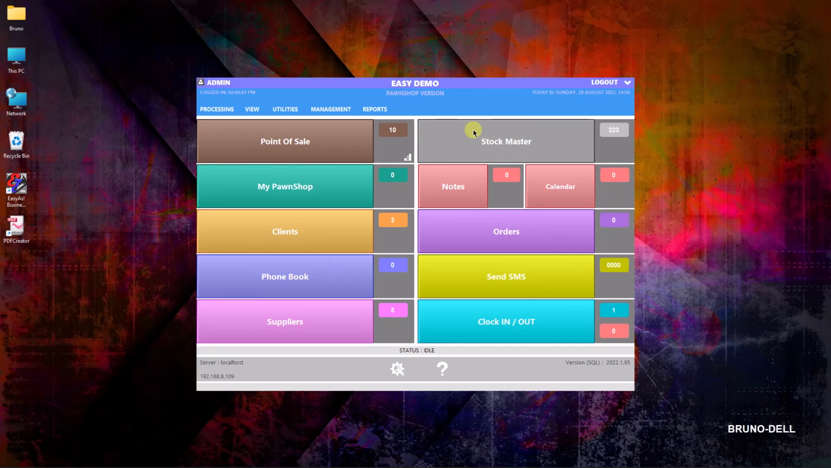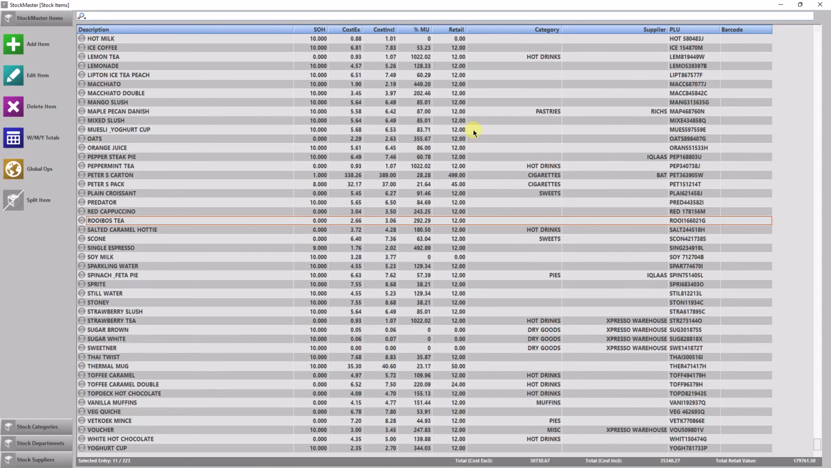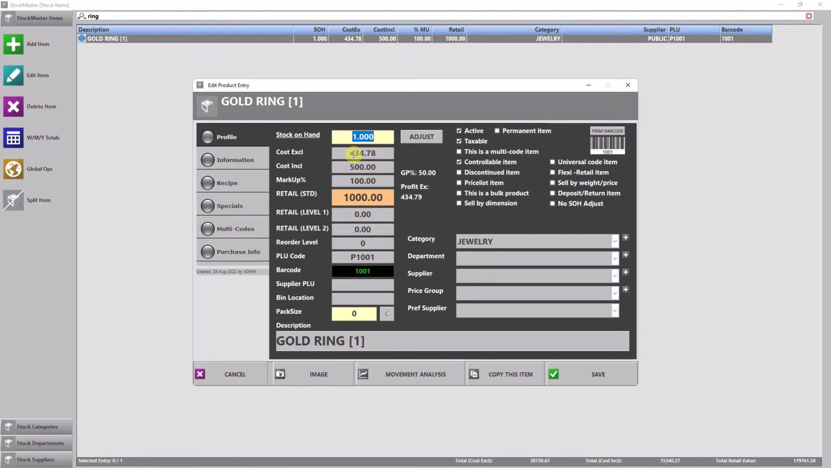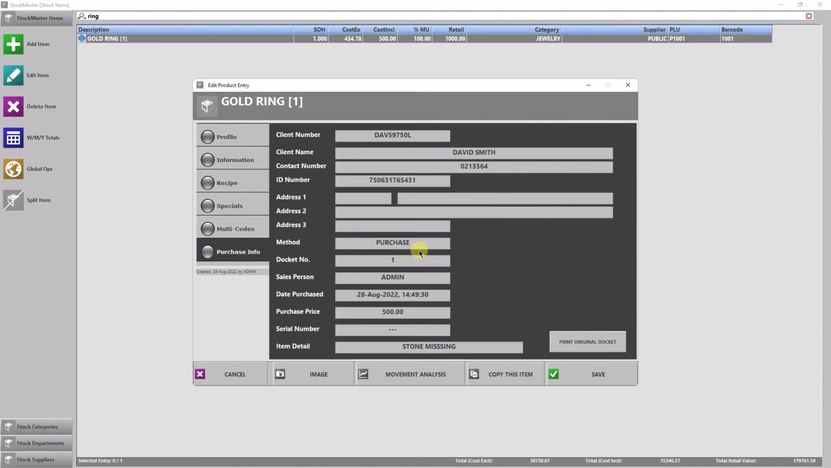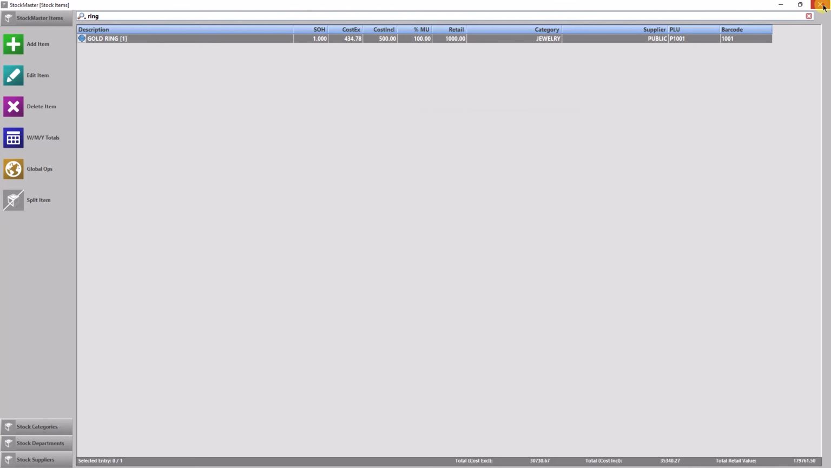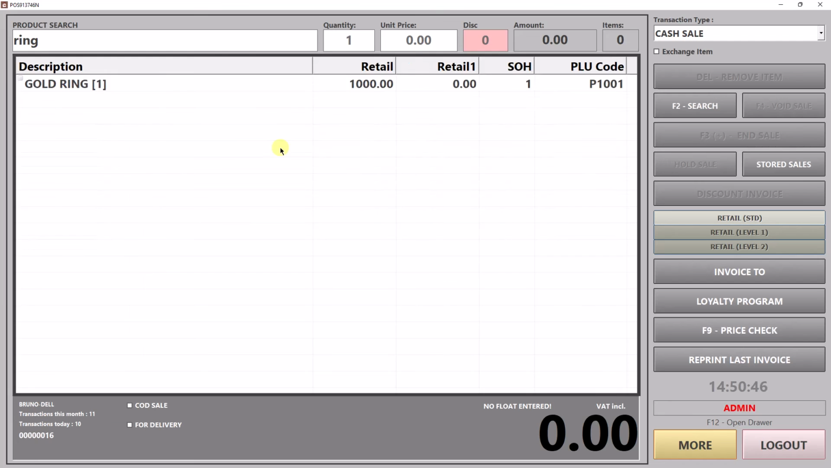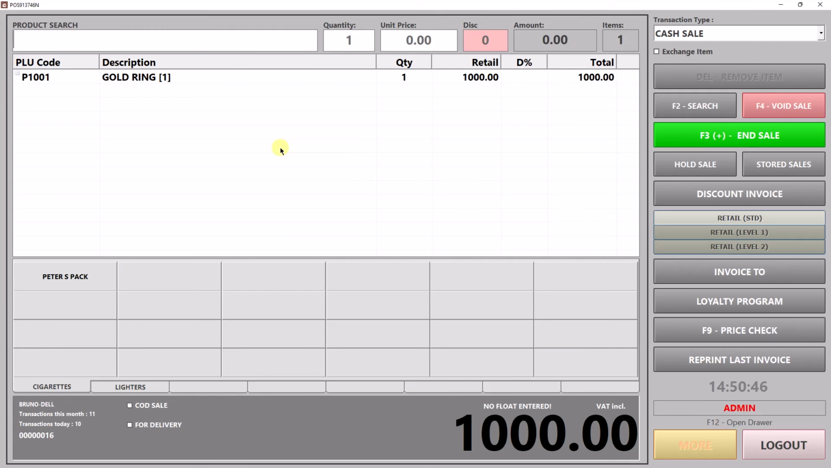If I go out, I go back to my stock master. I say ring. Okay, there you can see under gold ring, it's been transferred to stock. It's the pricing code. There's the purchase information, who I bought it from. So that will remain on here. So when I sell the item now, you'll see if I go to ring and I sell the item, right,